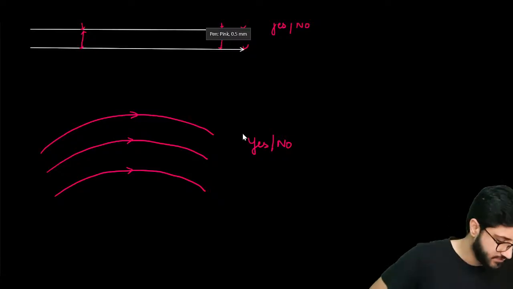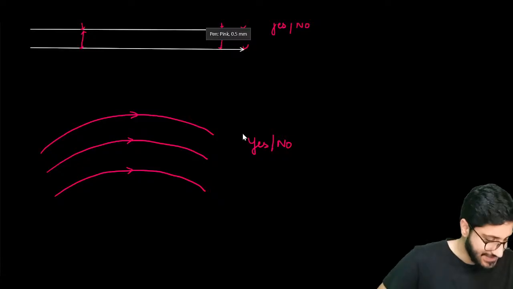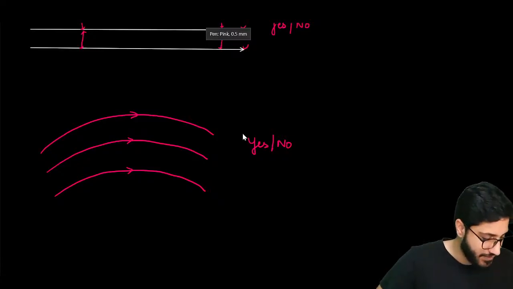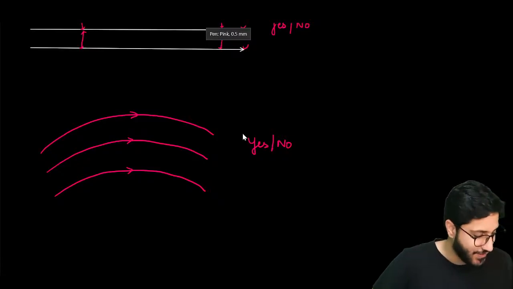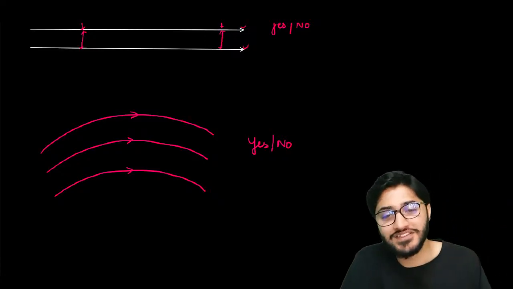For this one, yes or no? Do these lines represent a uniform electric field? Yes or no? No. The answer is a big no. Do you know why? Look,